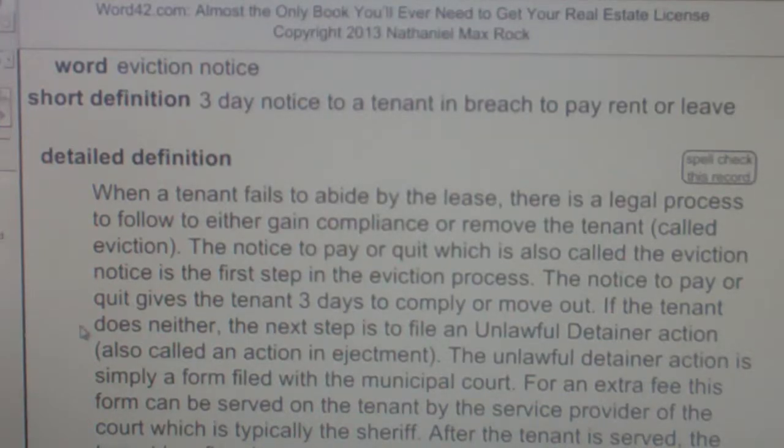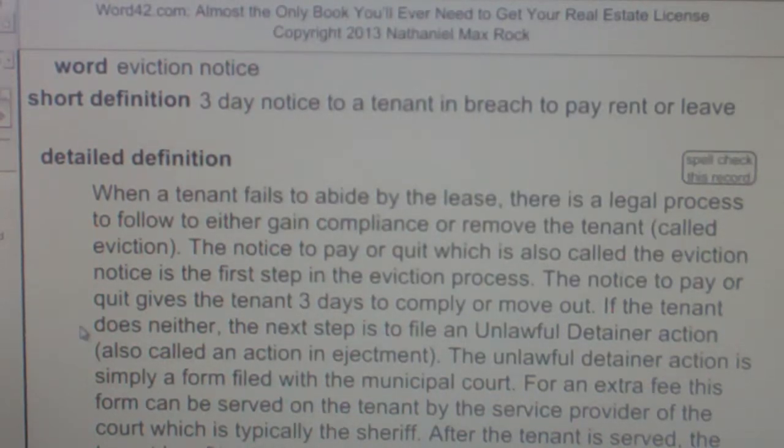If the tenant does neither, the next step is to file an unlawful detainer action, also called an action in ejectment. The unlawful detainer action is simply a form filed with the municipal court. For an extra fee, this form could be served on the tenant by the service provider of the court, which is typically the sheriff. After the tenant is served, the tenant has 5 days to move out or respond to